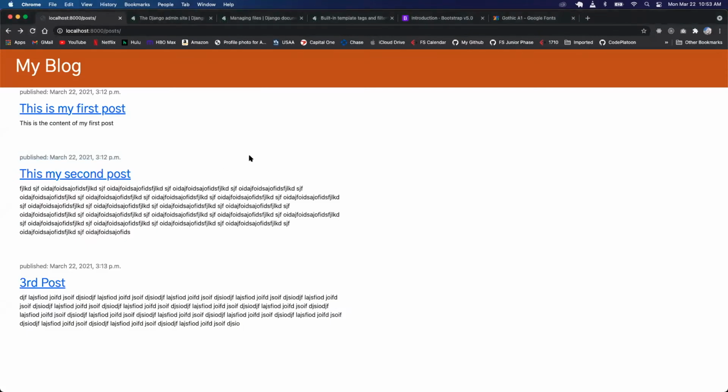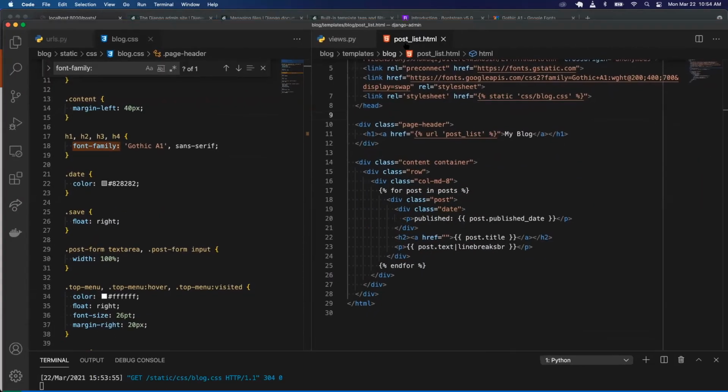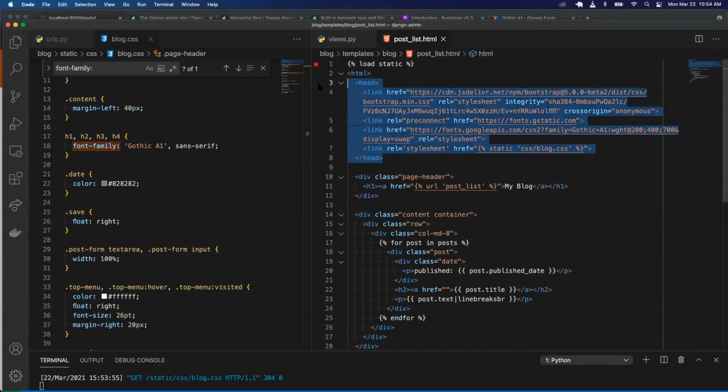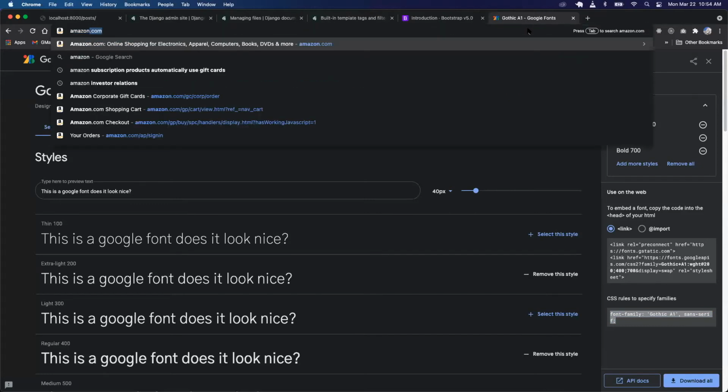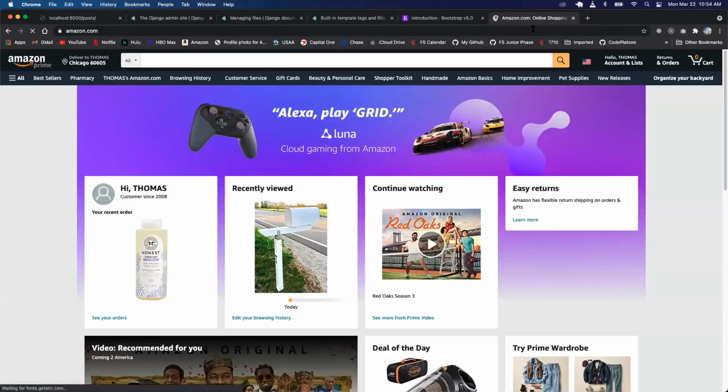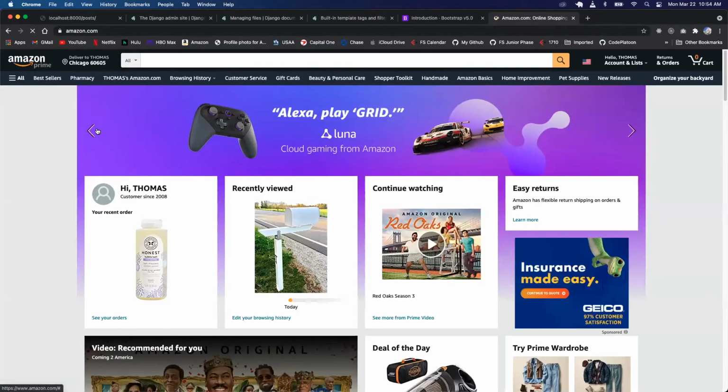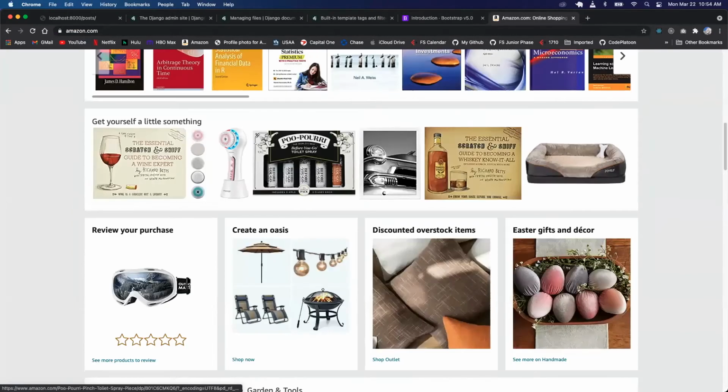But now if I want to do a post detail HTML and I still wanted to use all of this, I'd have to import this into a post detail HTML, which I don't want to do because you don't want to be rewriting the same code. So this is where we use templates. Say if I go to Amazon.com, and no matter what page I go to,